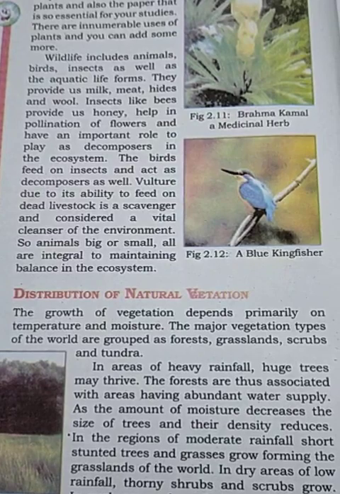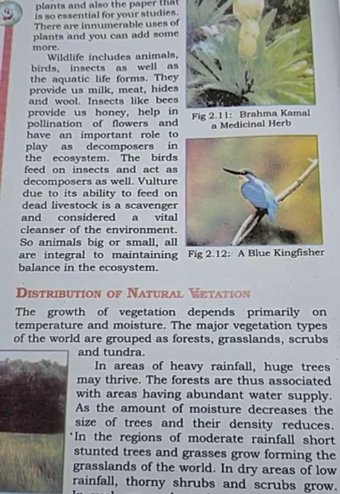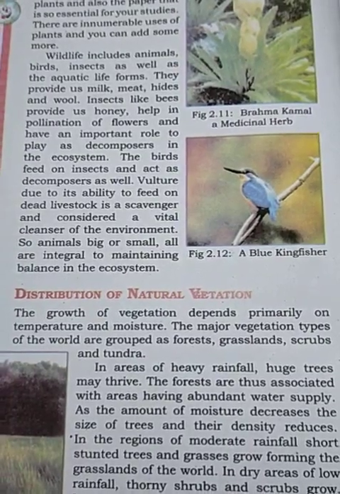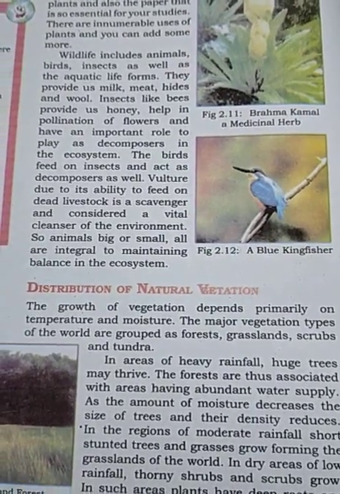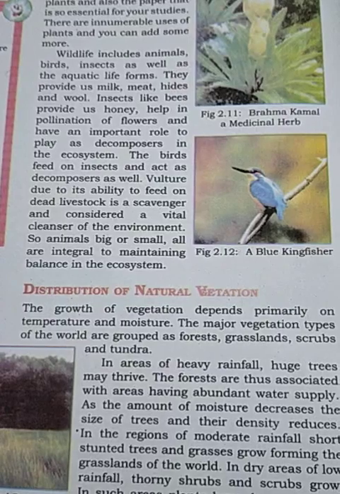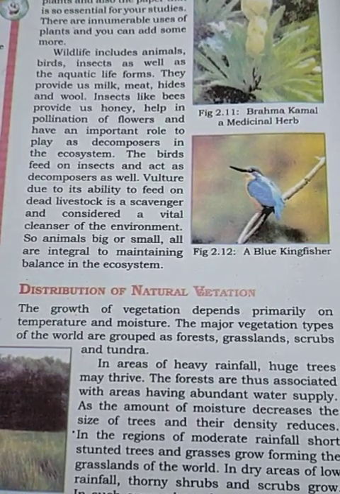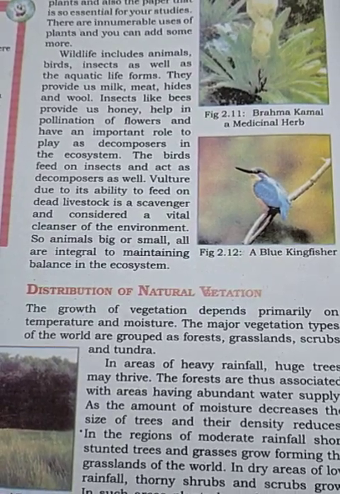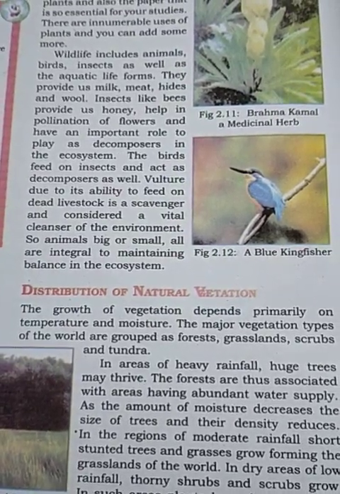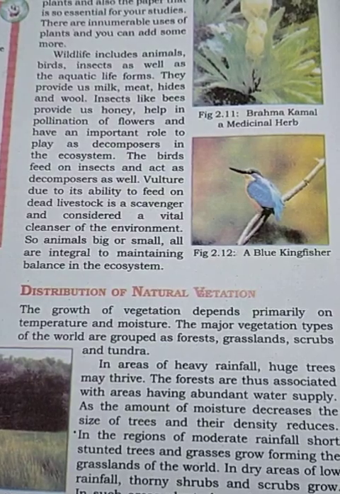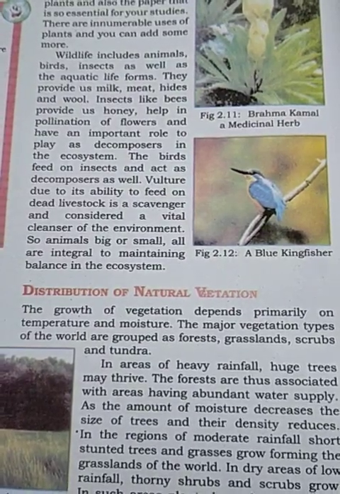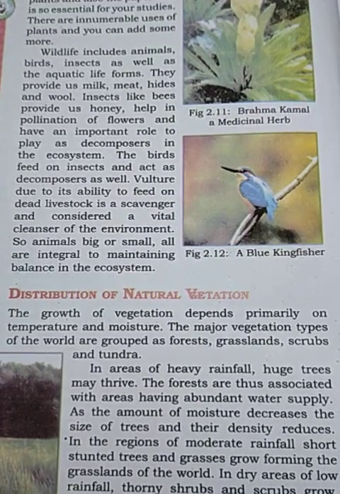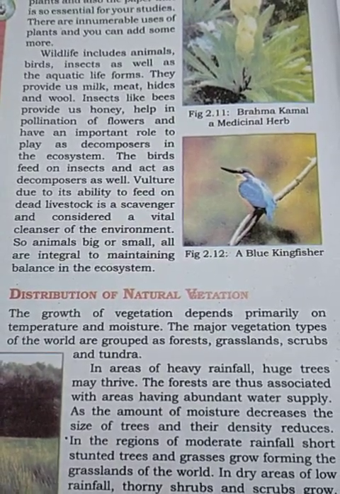Now our topic is the distribution of natural vegetation and wildlife. For that, afforestation should be encouraged, which is super important. The growth of vegetation, that is the quantity of forest that we have, has a lot to do with how we are able to maintain the moisture in the soil. What I mean is to ensure the moisture is kept at the perfect level, because this is a major factor in vegetation and wildlife.